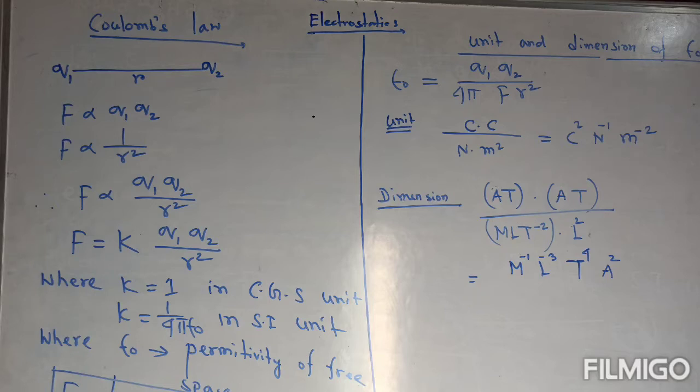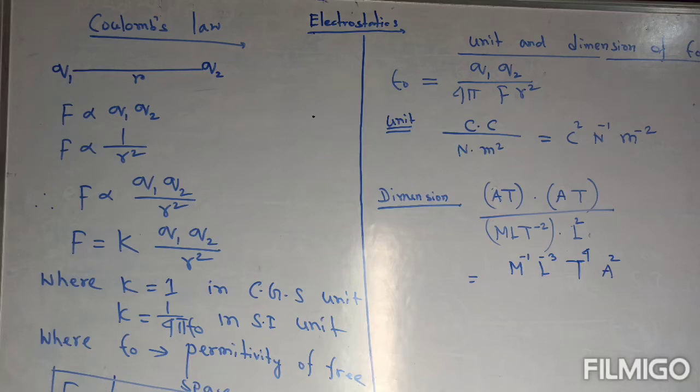Now I'm going to explain Coulomb's law. Please note it down. Coulomb's law. What is Coulomb's law? If two charges are there, one is Q1, another is Q2. This Q1 and Q2 may be positive, may be negative. So we know if there are two charges, may be positive, may be negative, then what will happen?